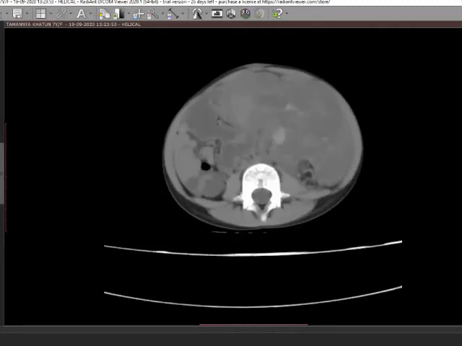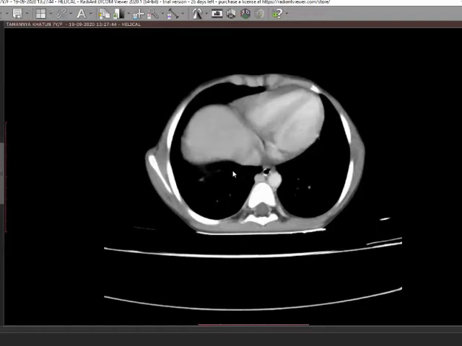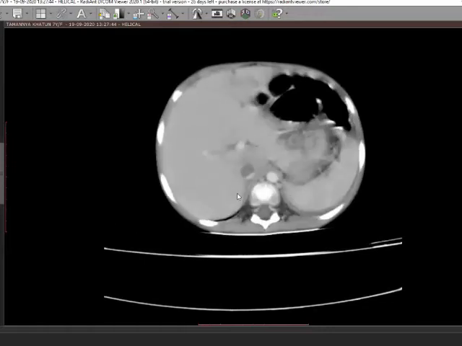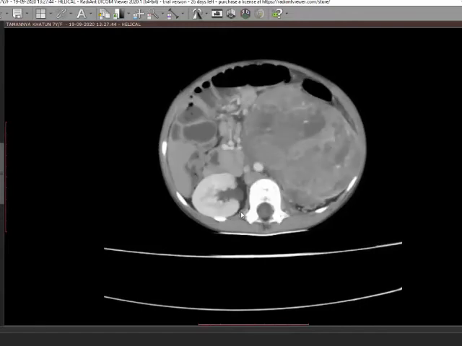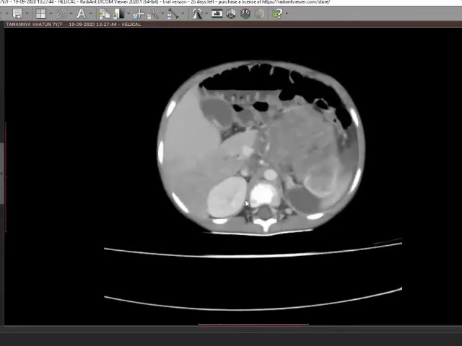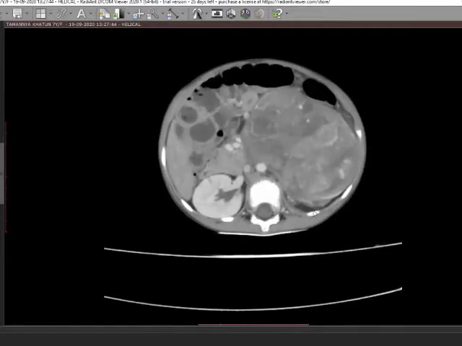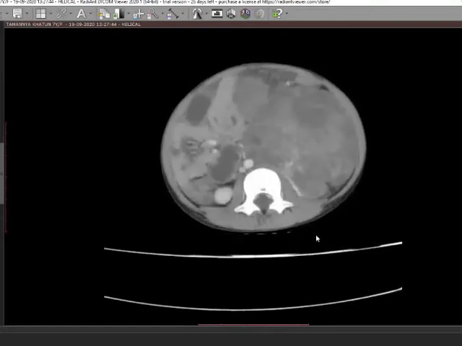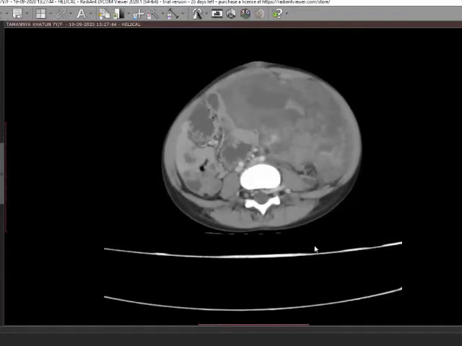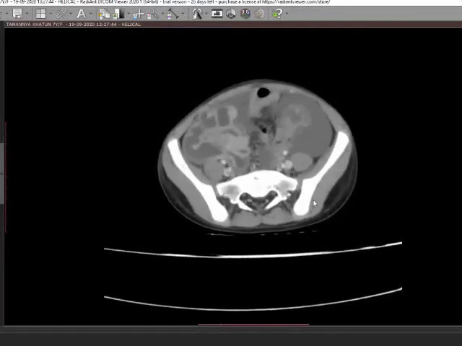Then we go to the contrast. First, I'll discuss the abdominal findings. The lesion is heterogeneously enhancing, and in the posterior superior aspect, we can see remnant normal renal parenchyma. As we go down, there are non-enhancing areas which can correspond to cystic and necrotic areas, with fluid levels and hyperdensities as seen, and ascites.